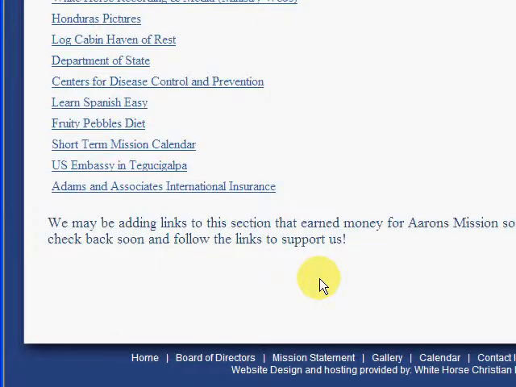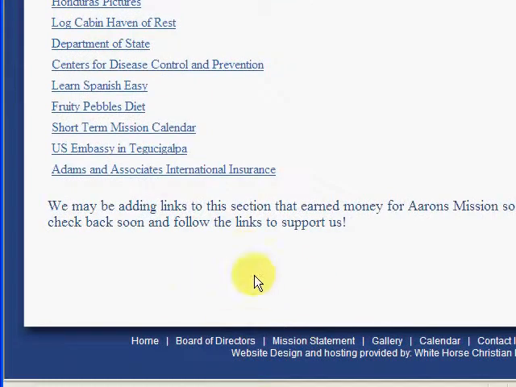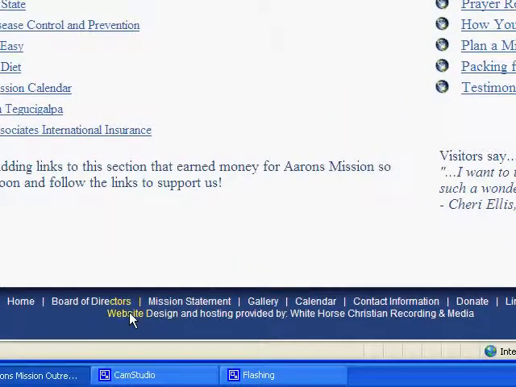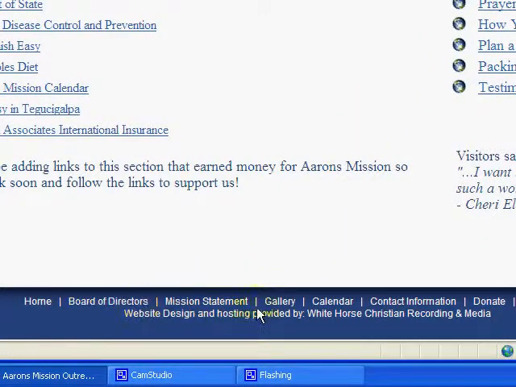I thought you may want to use this for Google AdSense or some kind of, like you did with the Spanish thing. If somebody clicked it, you got paid. You can put that kind of stuff down here and just promote it elsewhere on your website. So you have a lot of layout things you can do. Down here at the bottom of the page is all your links again, and that's pretty much an overview of